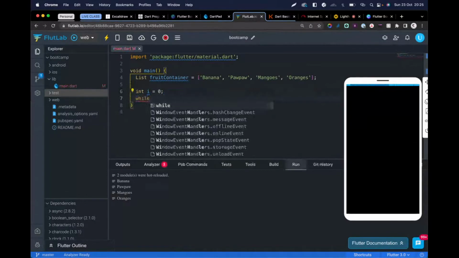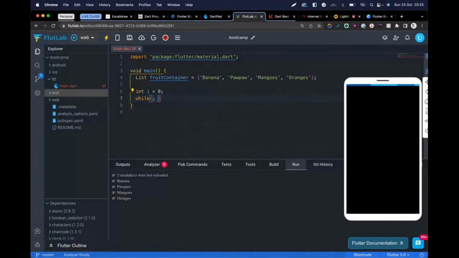And we now say while I is less than or equals to fruit container dot length. Now you can see what I'm doing here. I'm saying that while this our counter is less than or equals to the length of this fruit container, while it is less than or equals to it, I want you to print all the items in this fruit container. But how do we print it? You can just pass in fruit container